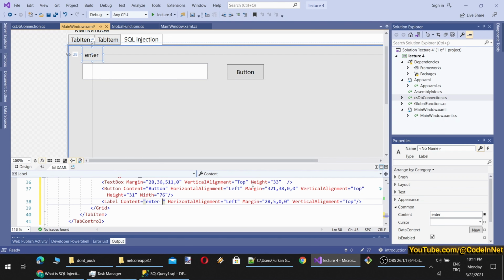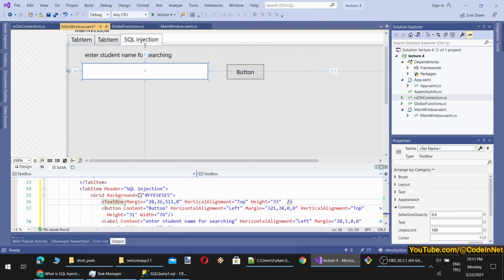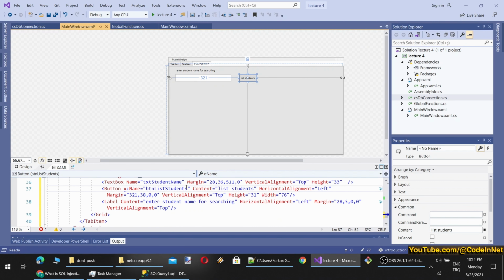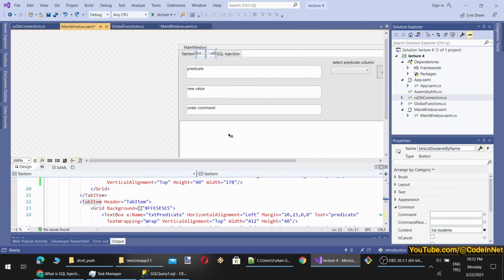Let's add a label. Say, student name for searching. Let's name this as student name, list students by name. Now we should not get any error. I will copy and paste the list here.